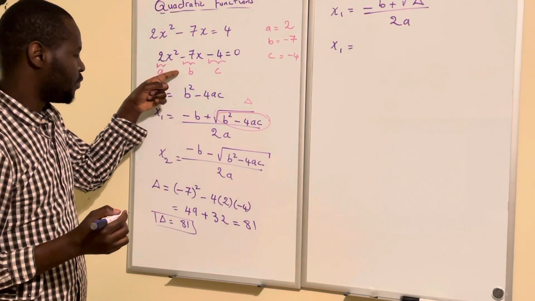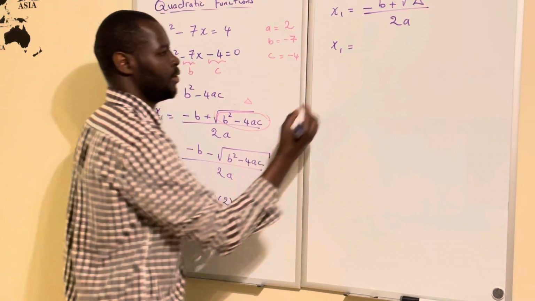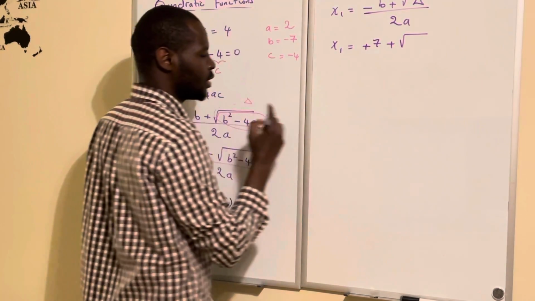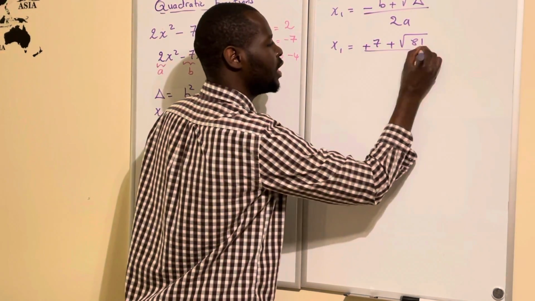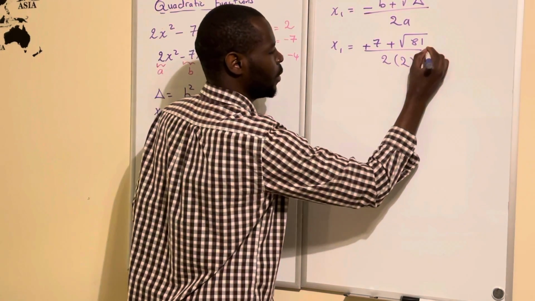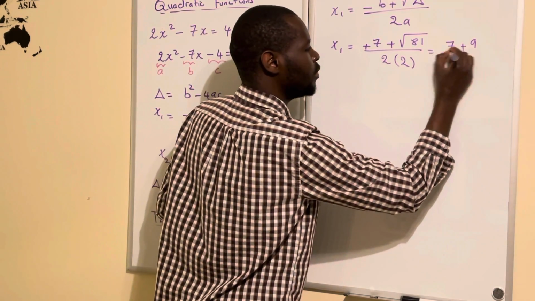b is negative 7. We just said b is negative 7. So negative negative is positive, so this is positive 7 plus the square root of delta. Delta you just found to be 81, so the square root of 81, divided by 2 times, what is a? A is 2. Okay, so it's 7 plus the square root of 81, which is 9, divided by 2 times 2